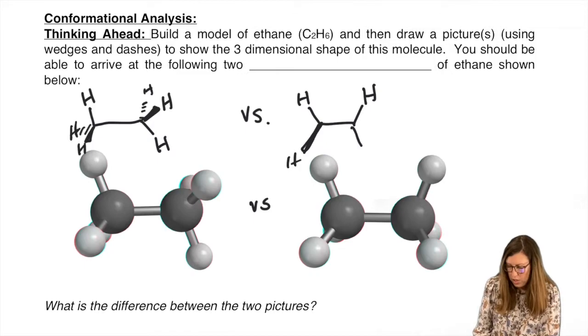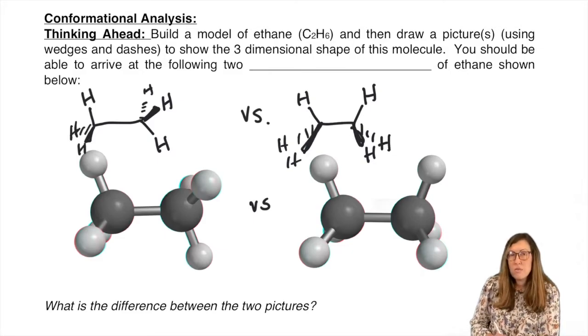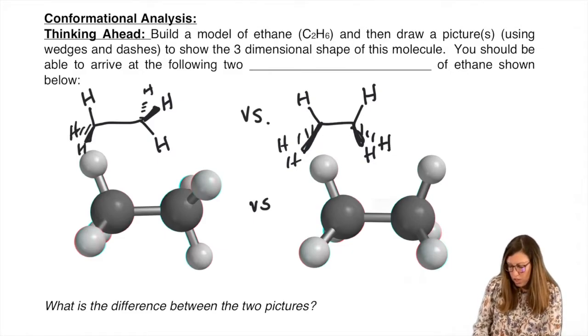Wedge, wedge, dash, dash. Okay, with lots of practice drawing these tetrahedral carbon centers, we should start to see the pattern: if the carbon that's planar is pointing down, see how that vertex looks like a down vertex? The dashes and the wedges point down. If the carbon that's planar points up, like this one, notice how that vertex goes up, the dashes and the wedges go up.